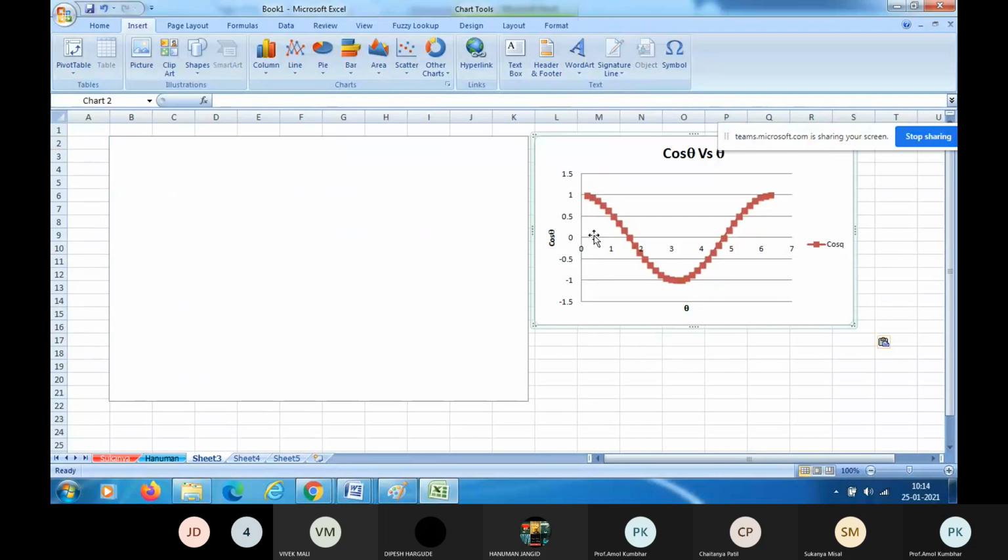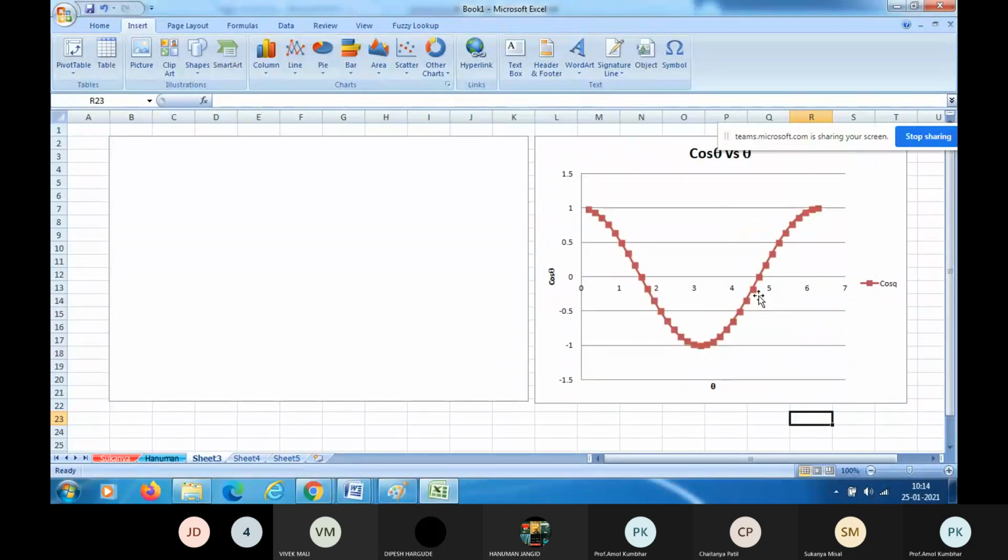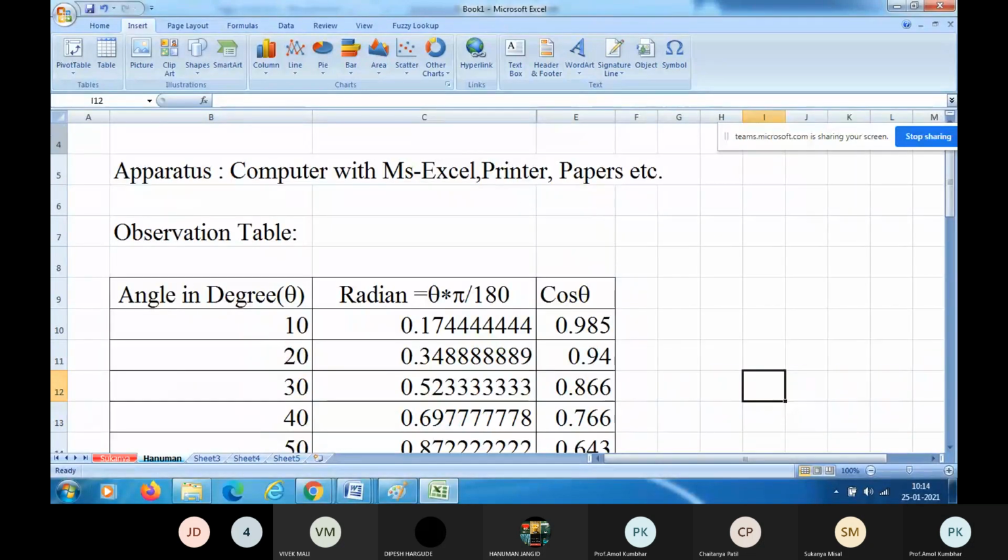So let us paste that cos theta versus theta graph. You can increase the width and length of the graph. This is our cos theta, right? One minute. Let us unhide the sin theta values.